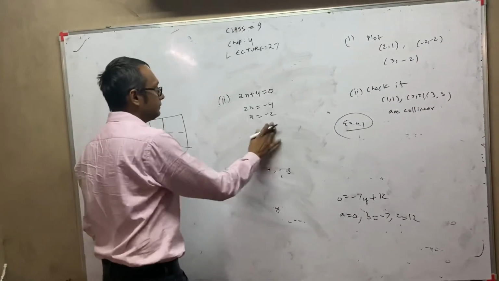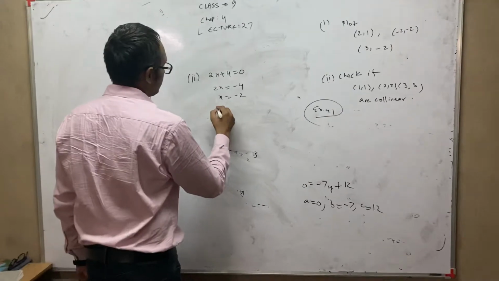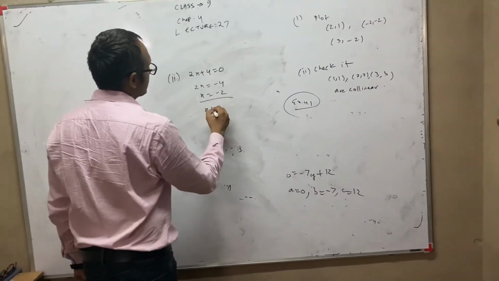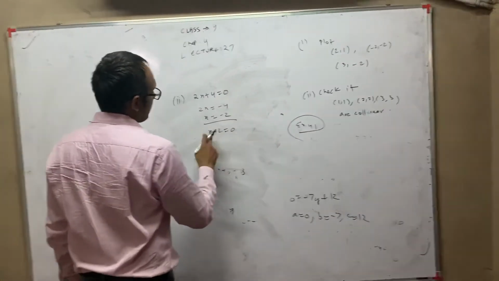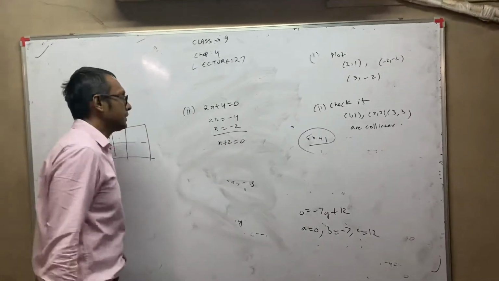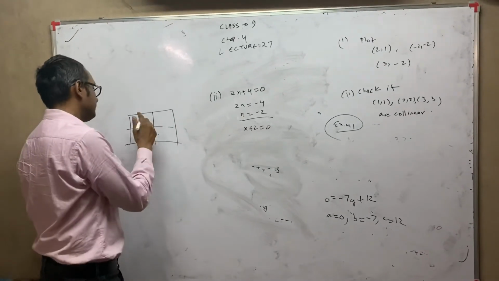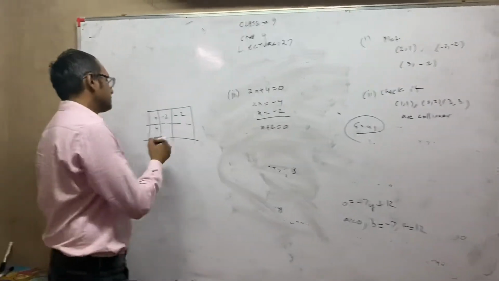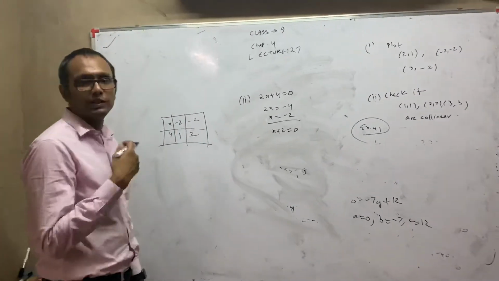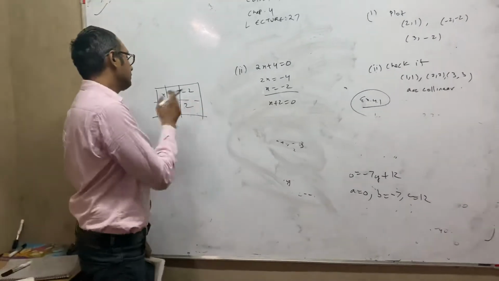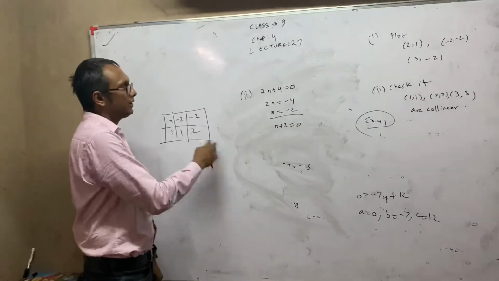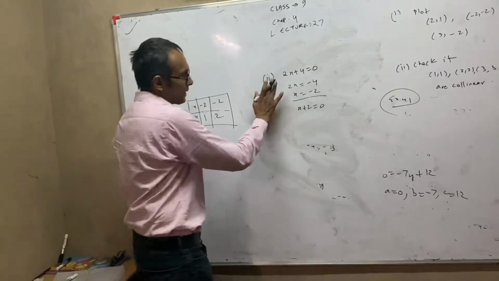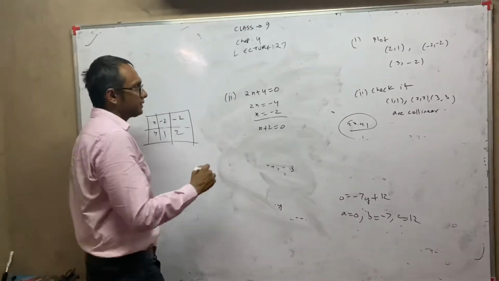After this, what you have to do? This is basically now your equation, x plus 2 equal to 0, for which the value of x is of course minus 2. Now, you choose x as minus 2 and for y you can write any value. Suppose I write 1 and 2, anything you want you can write. Because there is no variable of y, for any value of y it will be true. So when only one variable is there, the sum is very easy.